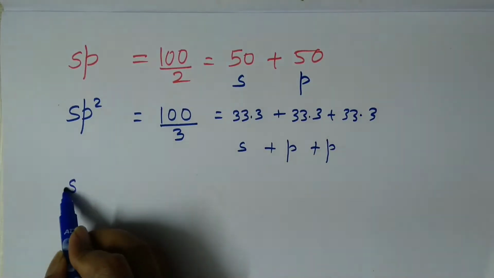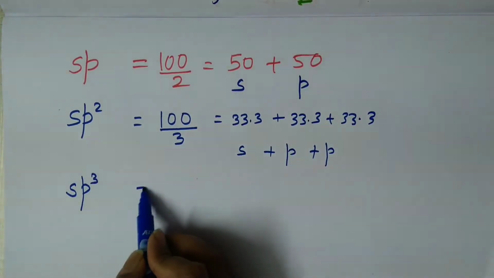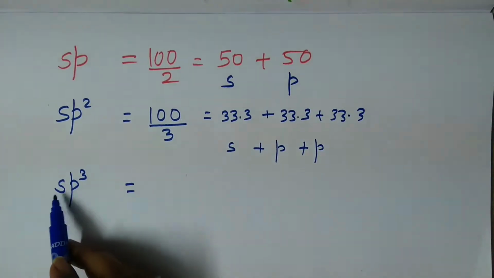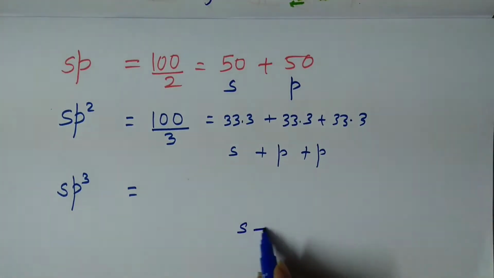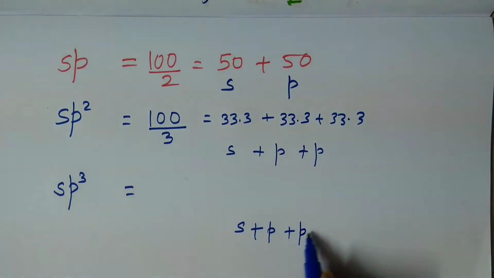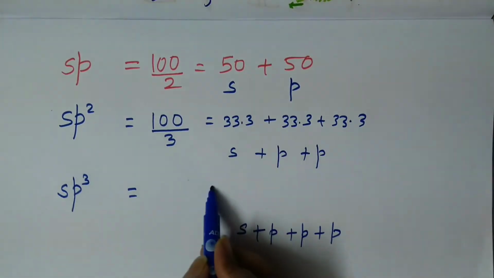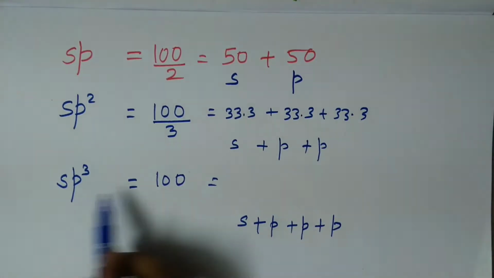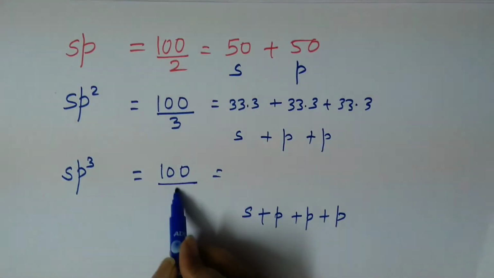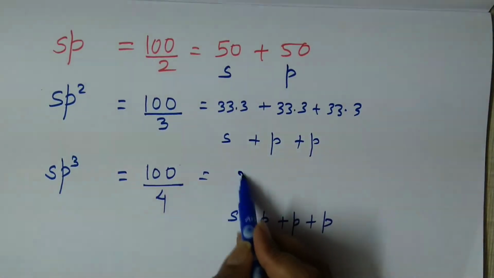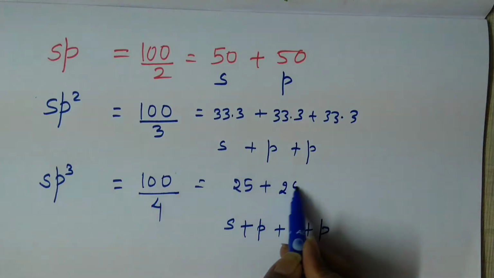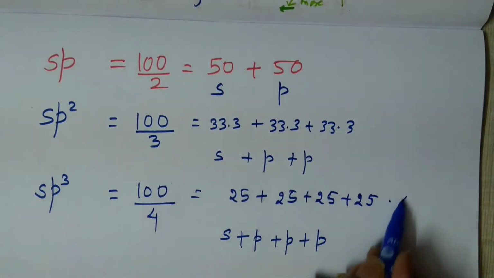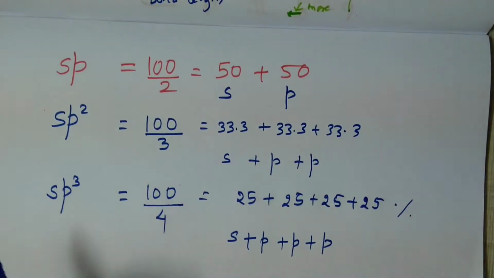Now suppose if I have sp3 hybridized orbitals. So altogether how many orbitals are there? 3 plus 1, 4. Which are they? S plus px, py and pz. Altogether it is 100%. But you need to divide this 100% between 4 orbitals. So divide it by 4. So it comes out to be, very good, 25 plus 25 plus 25 plus 25%.